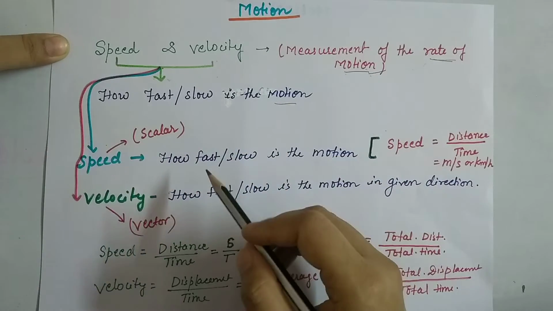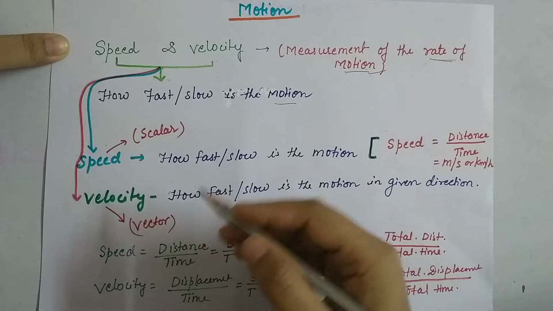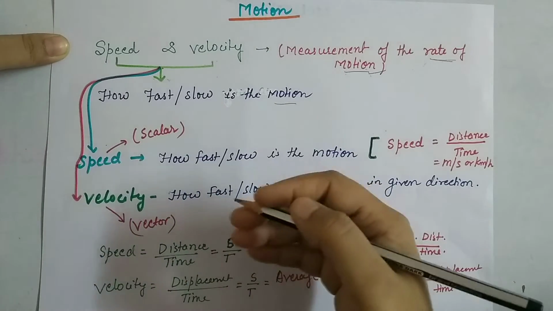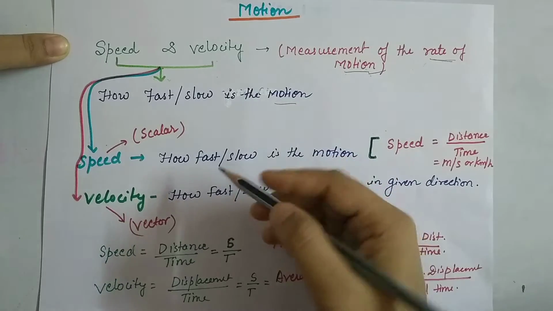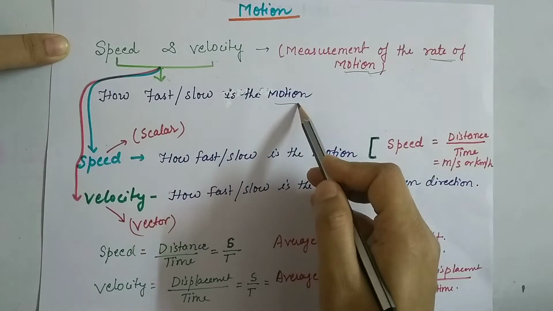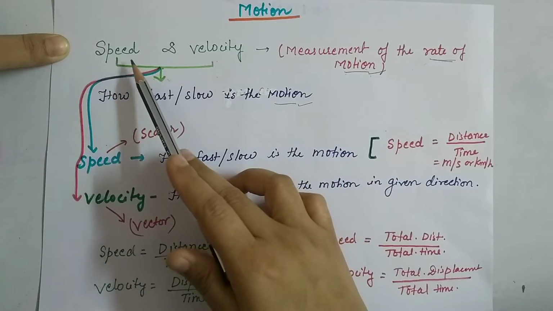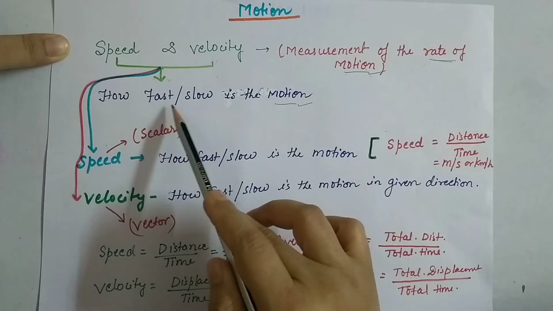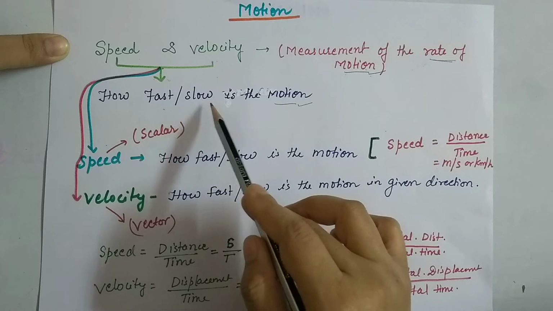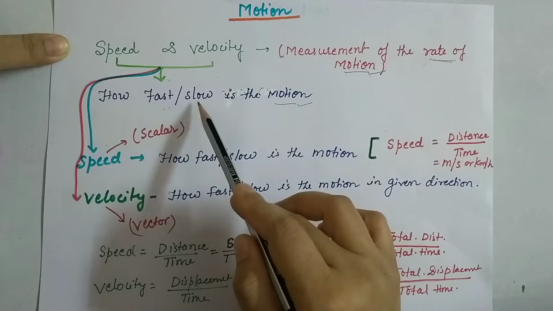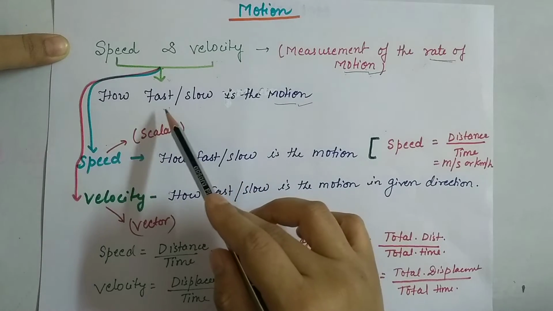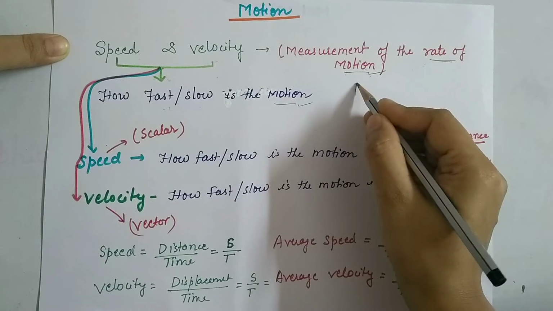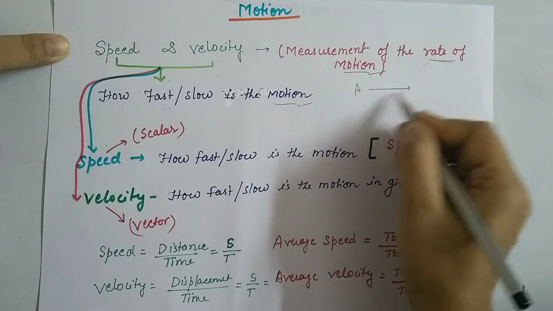If anything is traveling, any car, bus, anything that is moving, how fast it is, what its speed is, means how fast or slow its motion is. So it is shown by speed and velocity. Both show how the motion was, fast or slow. Let's take one example: there is a person A